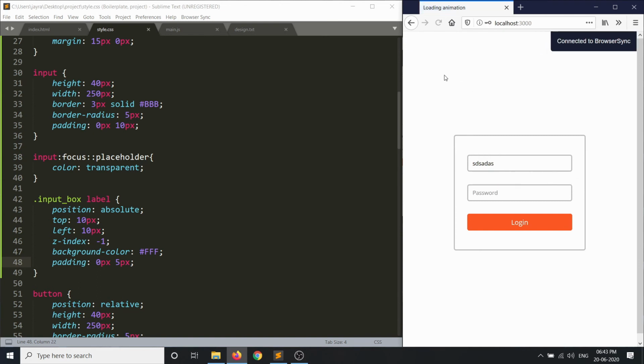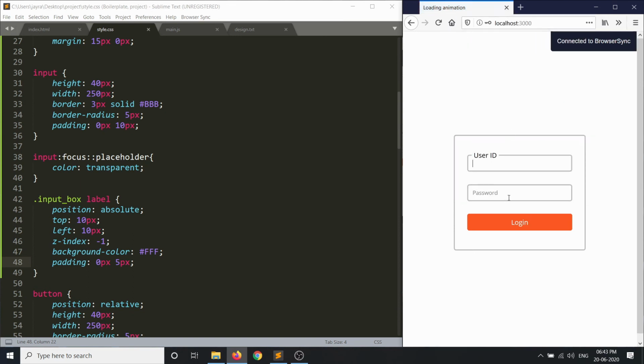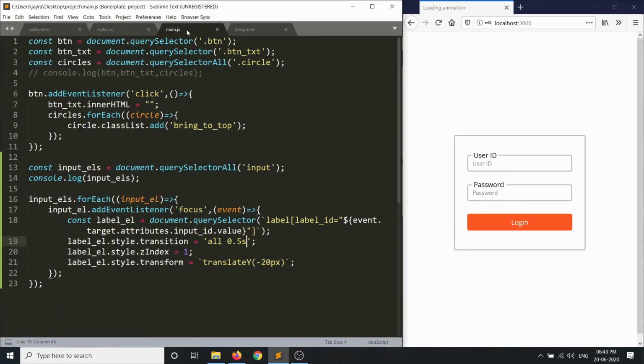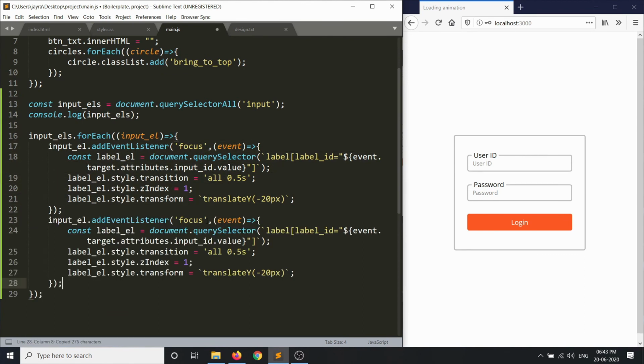Okay, but one thing that you will notice here is, when we click on the other field, this doesn't go away. We want them to go away, right? And in order to do that, we'll just have to copy paste this, and instead of making this event focus, we need to make it blur.